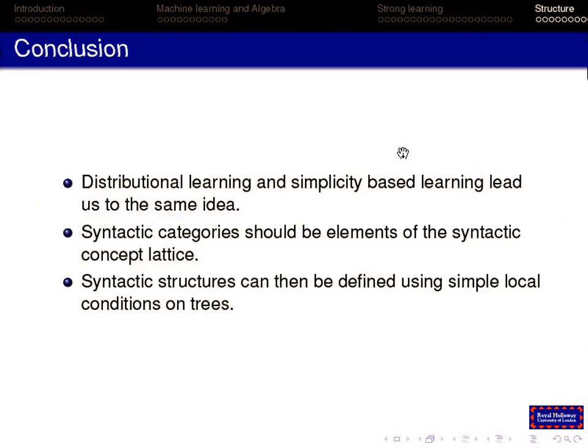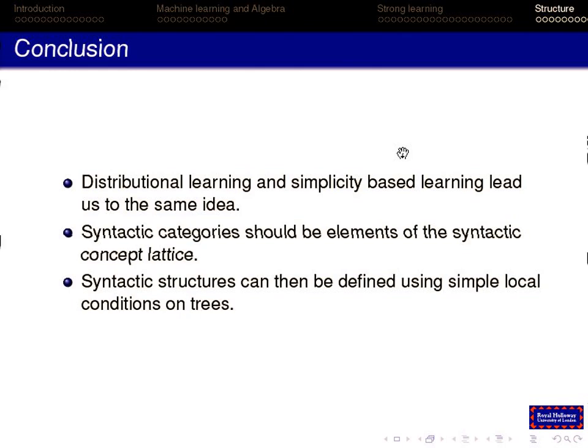So conclusion. I think there's an interesting commonality between distributional learning and simplicity-based learning, which we can see through this machinery of mapping context-free grammars through homomorphisms. And the syntactic categories should be elements of this sort of canonical representation, right?